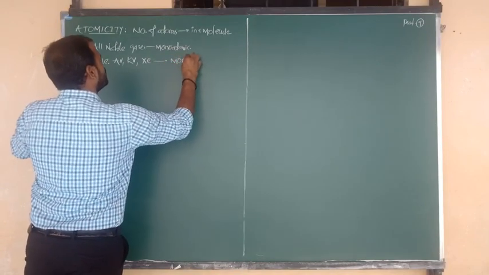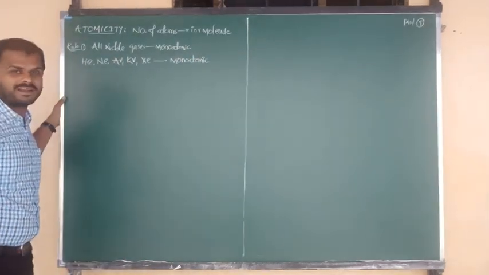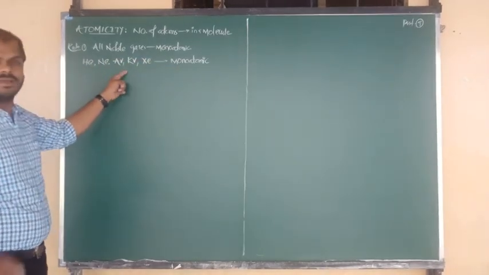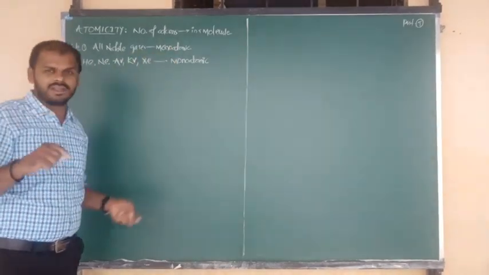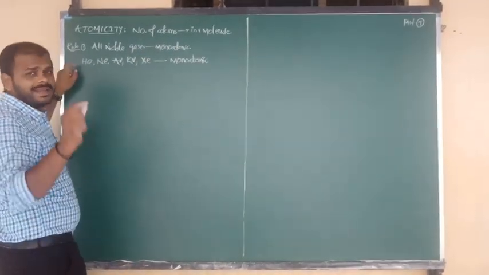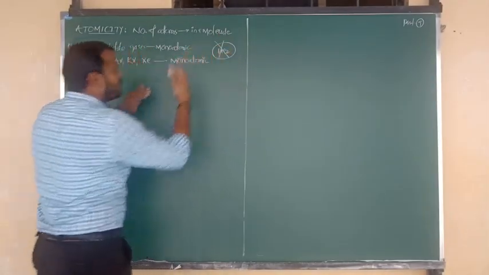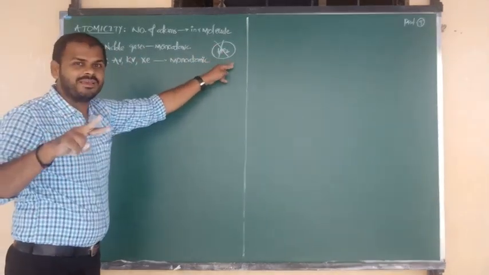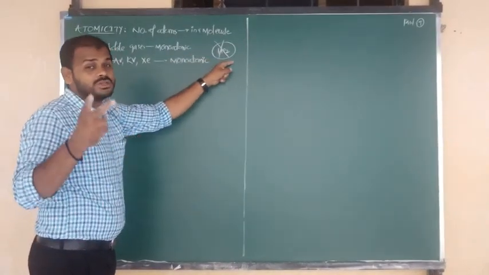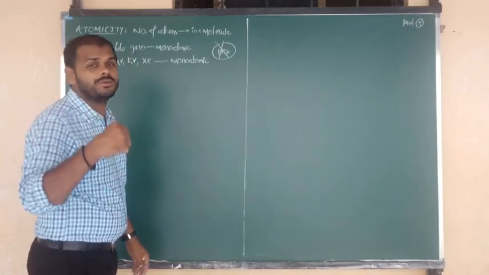Due to their stable octet configuration, with 8 electrons, all the noble gases exist in monoatomic condition. They won't exist in diatomic form. For example, helium is in the form of He, but it is not going to exist in the form of He2. He2 means diatomic. Helium is monoatomic, only one atom. Helium cannot exist in diatomic form, which is highly impossible due to its stable octet configuration.